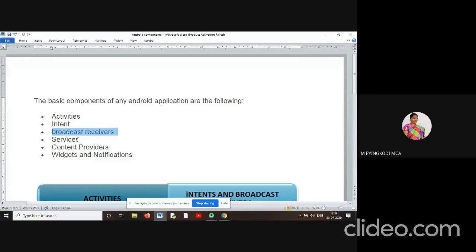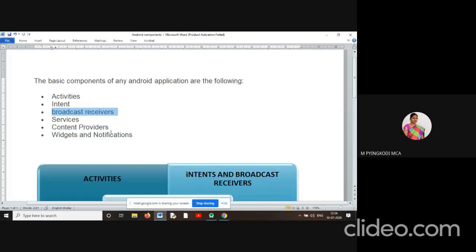After the file is downloaded, it will be showing information, right? Your file is getting downloaded. It will be showing some notification, right? So it will be capable of triggering notification. It will be capable of sending this to the broadcast receiver. The best example for services is file download.